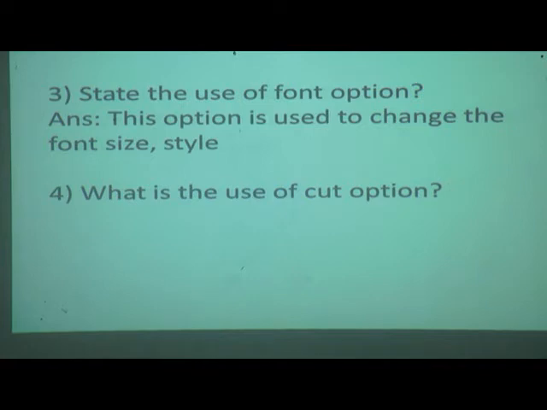This option is used to change the font size style.